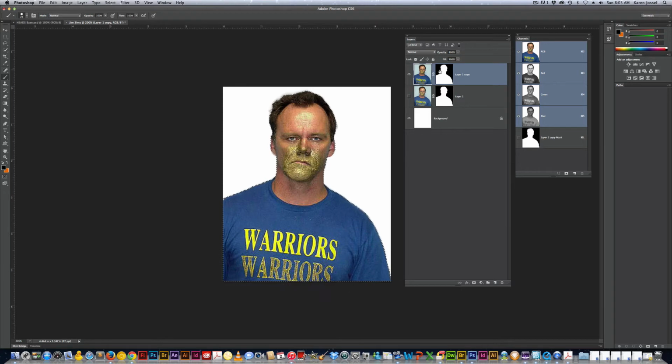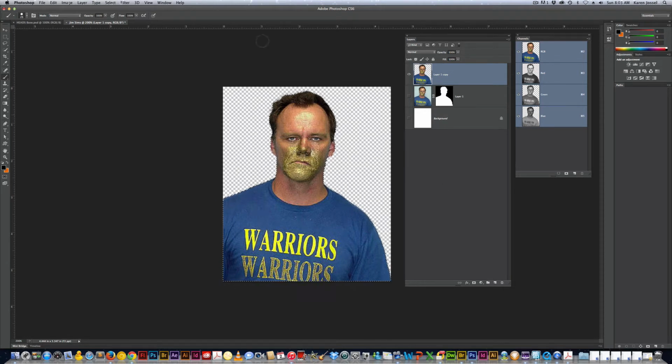So now I'm going to right click on the mask and see how I come up with this contextual menu. It has the refine edge in it, but it's also got apply layer mask. So that means he's on a transparent background. I'm going to do Command D or Control D on the PC to deselect the marching ants. So I have him separate from all of the background. I'm going to get my move tool and move him up